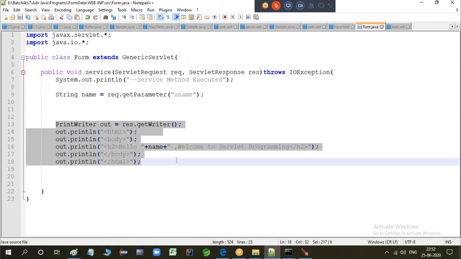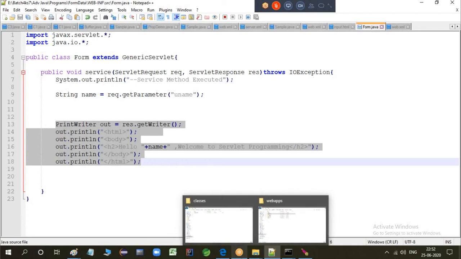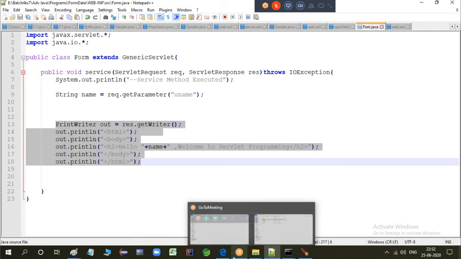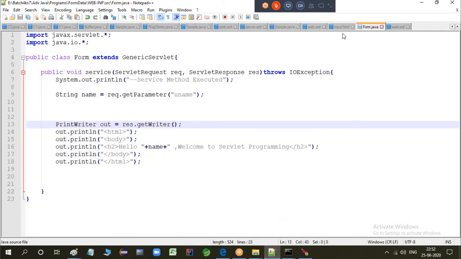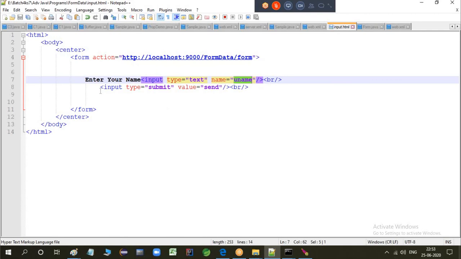Basically, how websites are created at an advanced level, this is the first step of creating any website. You are developing a web-based application with the help of servlets. Now, three simple steps you need to do. This is your input, the client request, and the web form data HTML pages are for output.